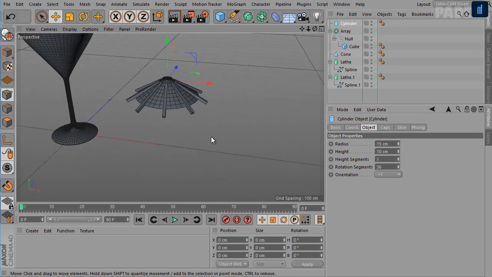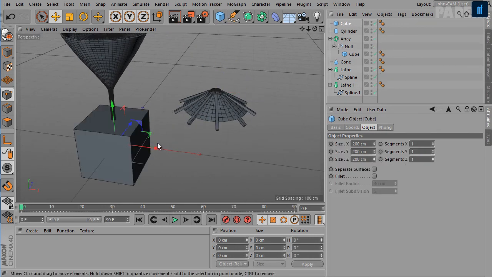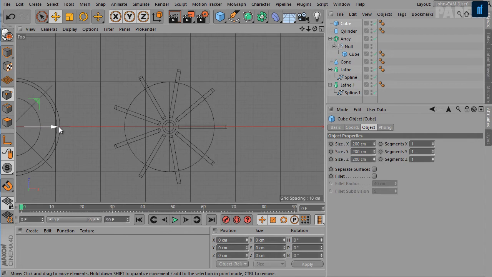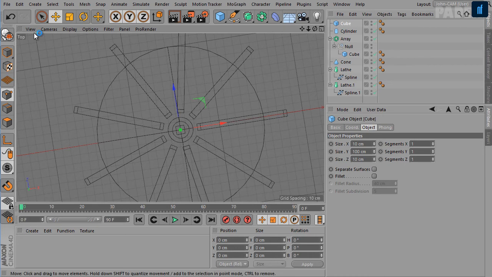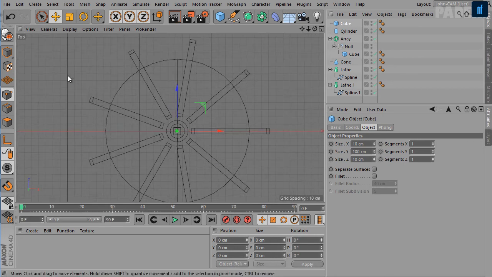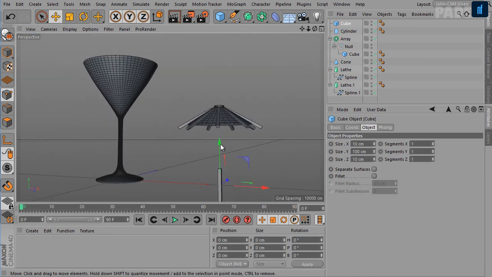Alright, now to create the umbrella stick we need a cube object, and we'll also align it with the umbrella. Let's say 10 size X and 10 size Z and 100 size Y. Let me undo the view changes and let's move it like this.